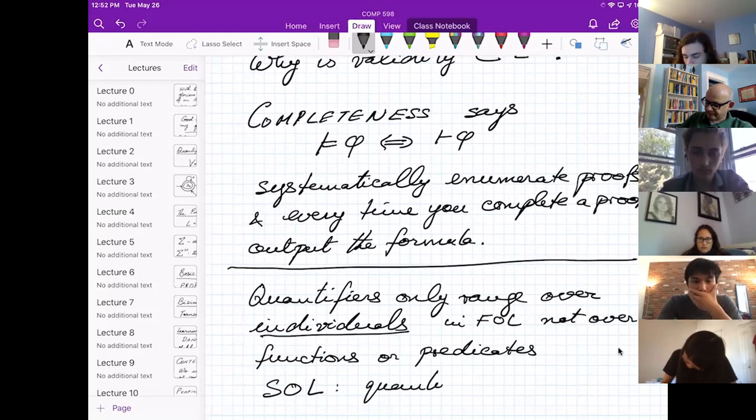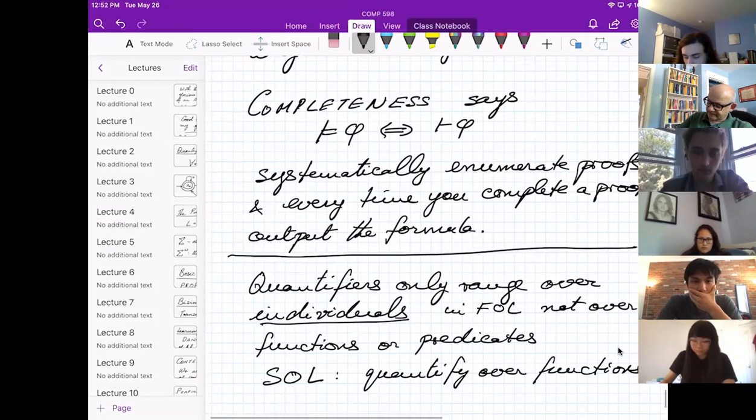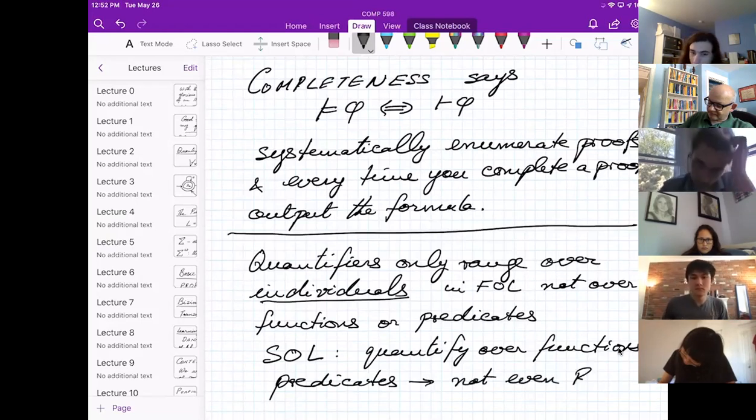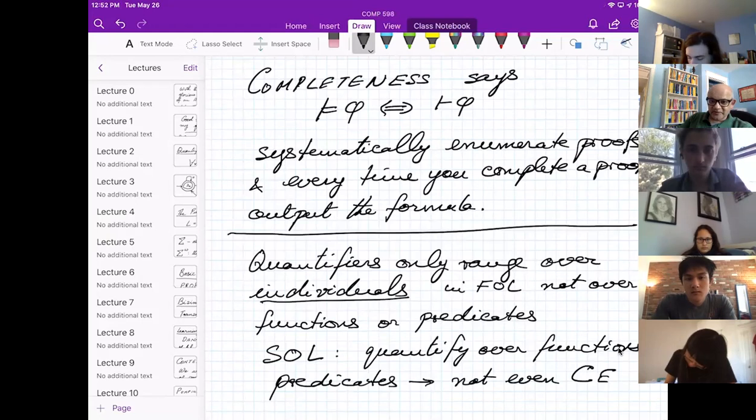Quantify over function symbols or functions and predicates. And this is not even RE. Sorry, I keep saying the old language, not even CE. Certainly undecidable, of course, because first order logic is a fragment of it.